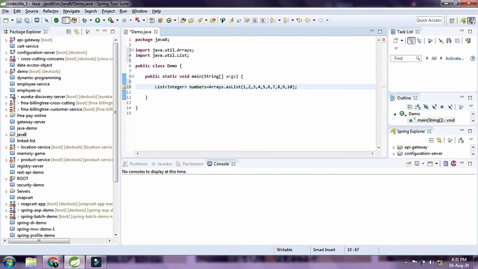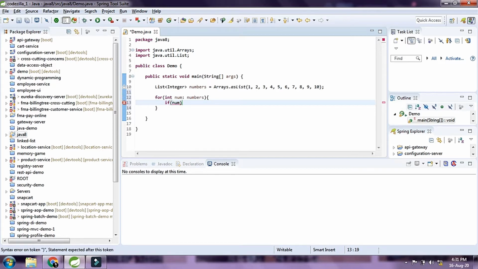Import it, and let's say we are trying to find out the even numbers inside this list. So before Java 8, we would have had to do this. For int num inside numbers, if, since we are trying to print the even numbers, if num mod 2 equals 0,